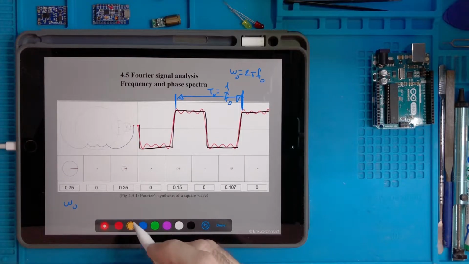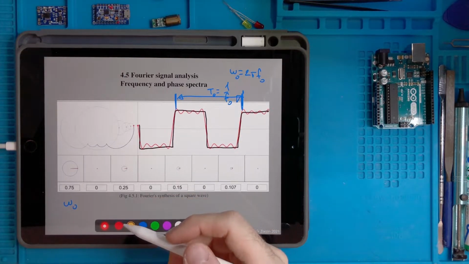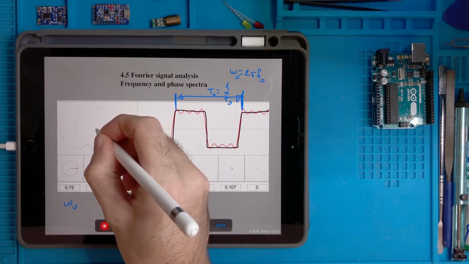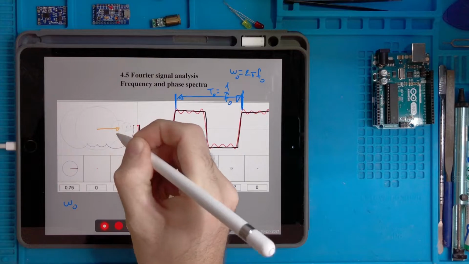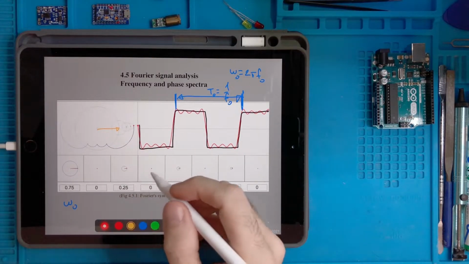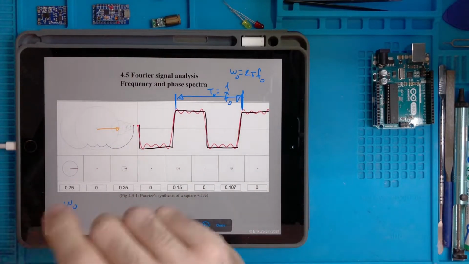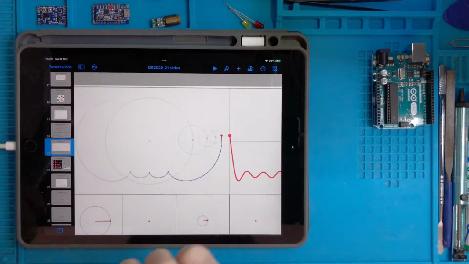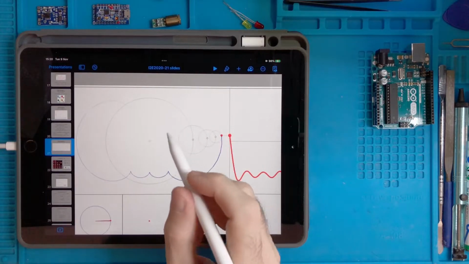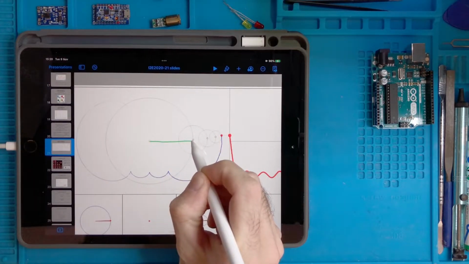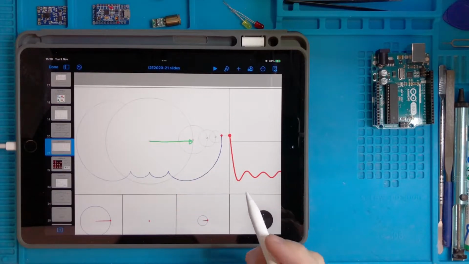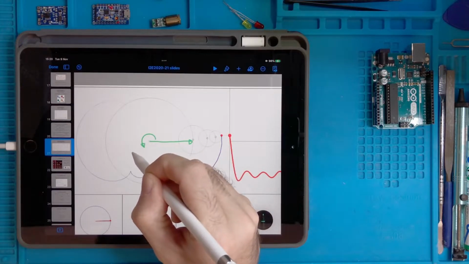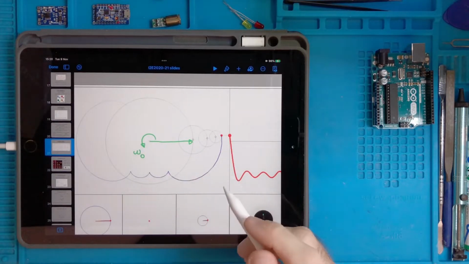So we said that the trick is to add all these phasors together, tip to tail. So here we have a vector like this. This is the phasor corresponding to omega 0. Then let me zoom it in a little bit. Okay, so you see better. So this is the first phasor rotating like this with angular frequency omega 0.